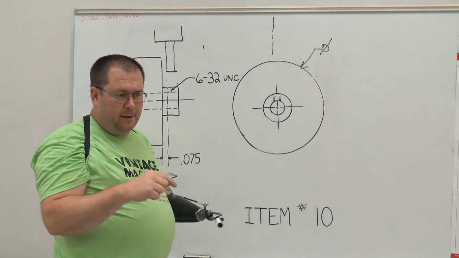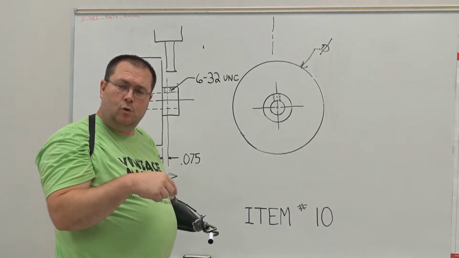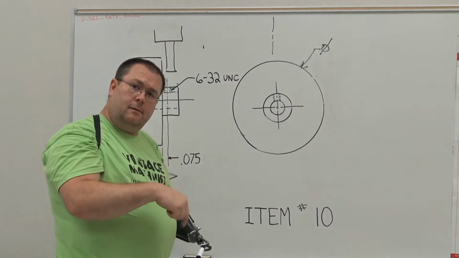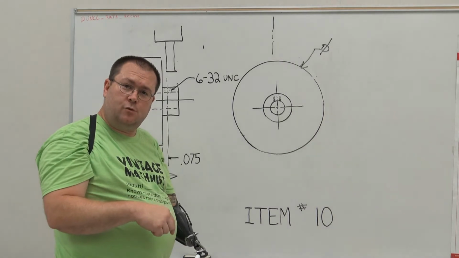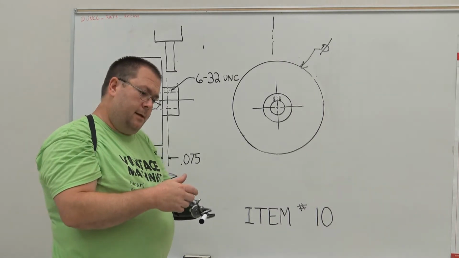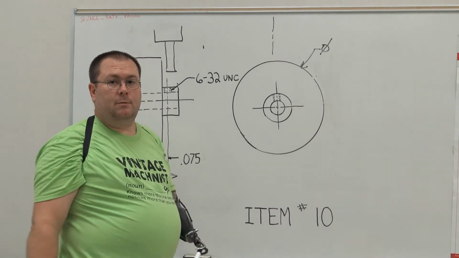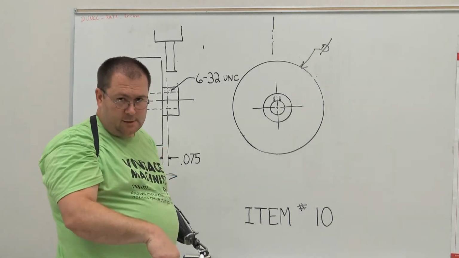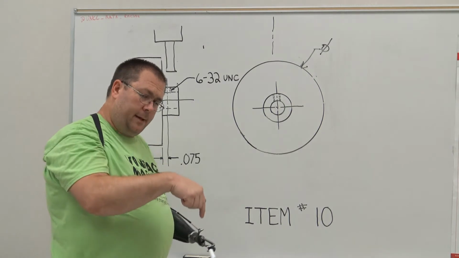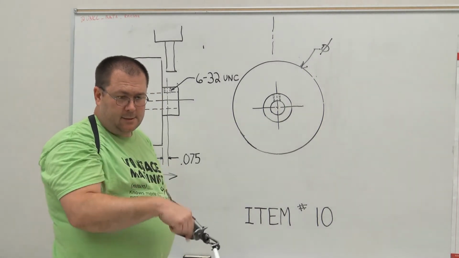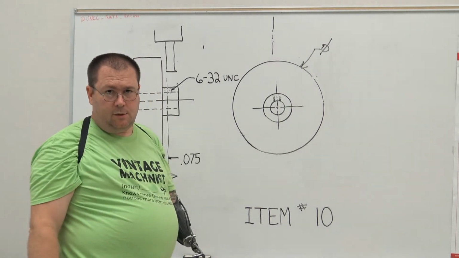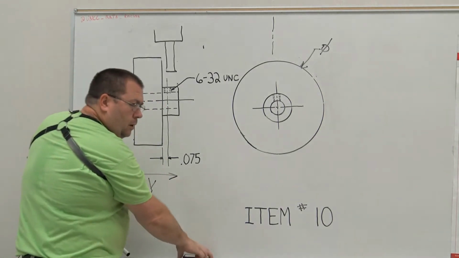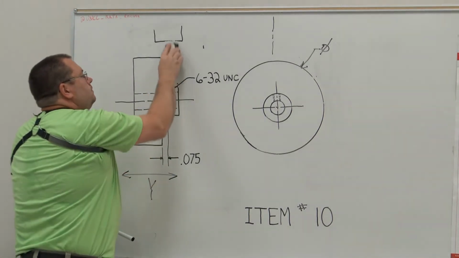The tips are ground so that the center of the tool is relieved generously, so that the zero rotation that a drill bit has is relieved as much as possible, okay? So it doesn't want to walk. So if I touch with a center drill, bring a drill back in behind it, it's going to stay in that position and just continue to drill, okay? What I'm going to look at,